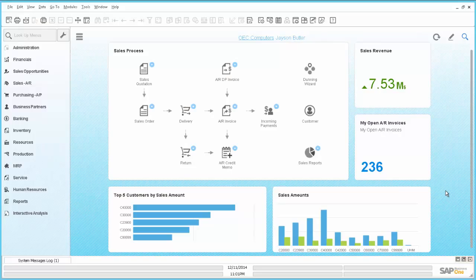Hello and welcome to the session about the Workbench editor. In this session I would like to show you this new tool, where to get it and how to work with it. So first of all, we take a look here at the SAP Business One version for SAP HANA 9.1,